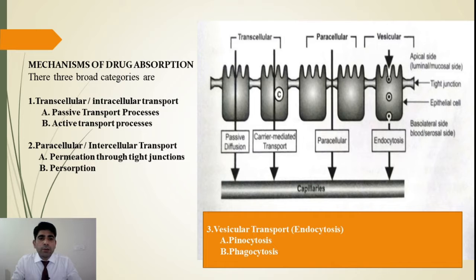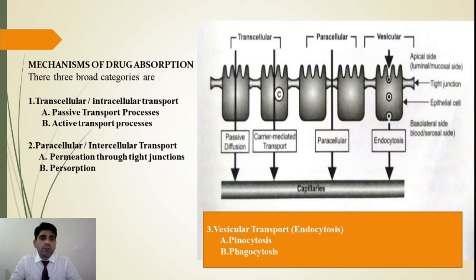So let me remind you, when the drug from the oral route reaches your stomach, for getting completely absorbed to get into the systemic circulation, the drug, when in the solution form, has to cross the biological membranes or various biological barriers which are available in the body. So to cross that membrane, what kind of mechanism is involved, what kind of pathway they follow, what kind of driving force is behind these mechanisms. So today we'll see all of these things in this lecture.